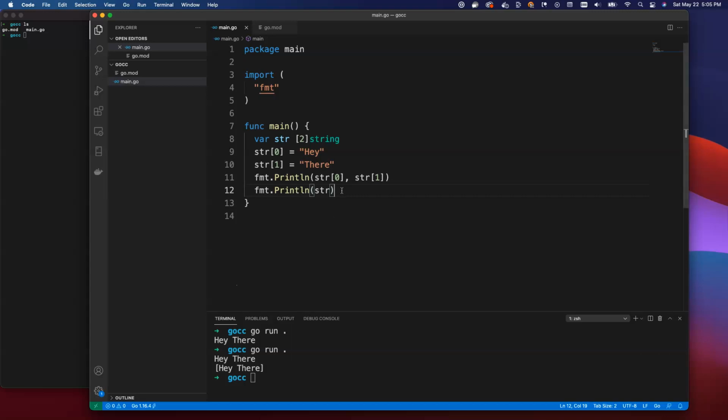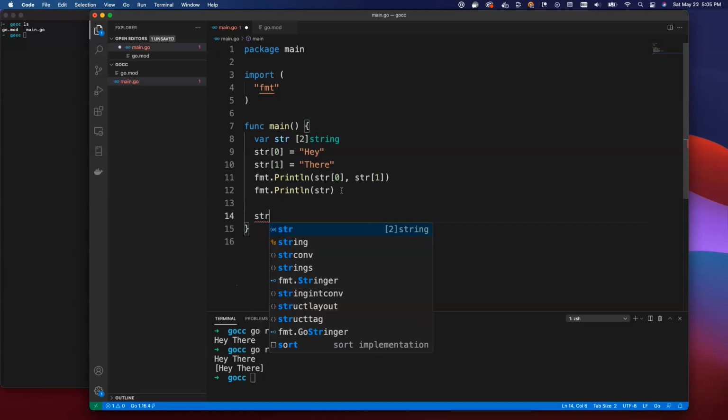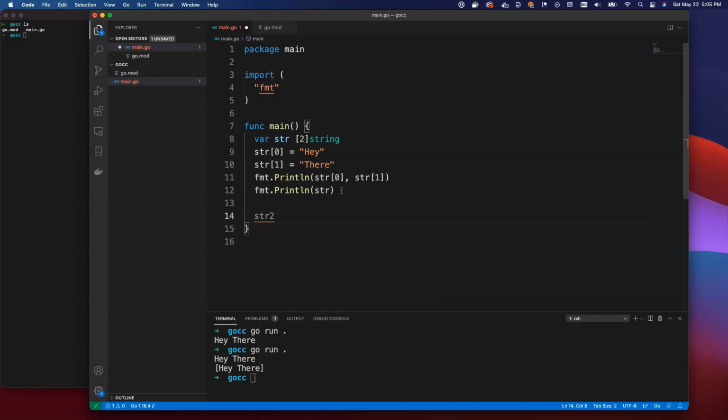Now, I can also preload the array with what I want inside of it. If I want to do that, I can do the shorthand declaration here and say str2 colon equals, and this time I'm going to create 3 objects in a string array. Similar to the way that we can work with structs, where we can declare them inline with the brackets, we can do the same thing with an array. So I can do the curly braces here, and I can say loading, and then another string, and then another